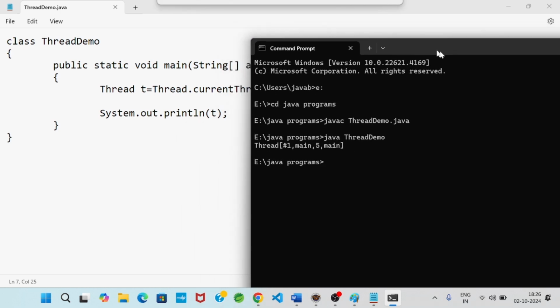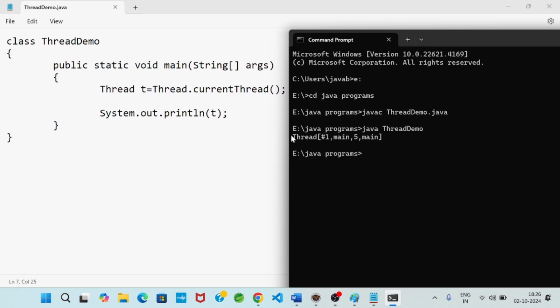You see what output I got: Thread within square brackets, #1, main, 5, main. This #1 is the thread ID, uniquely identifying a thread, which the JVM is providing.